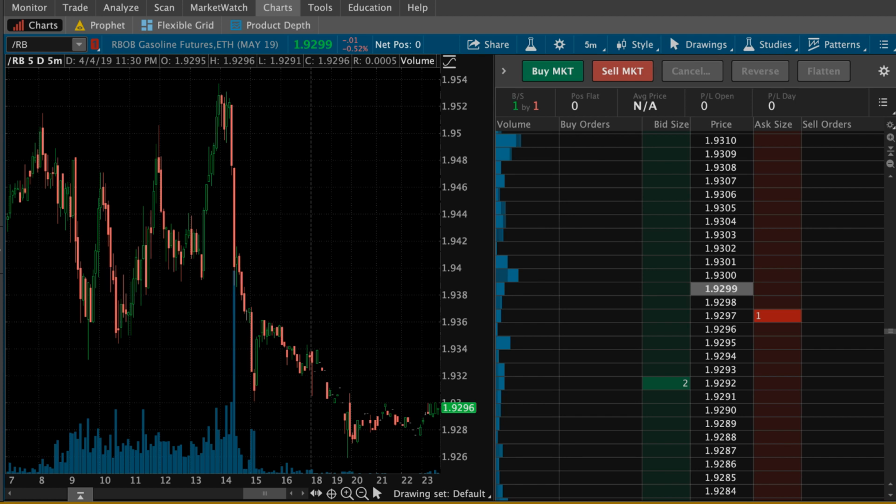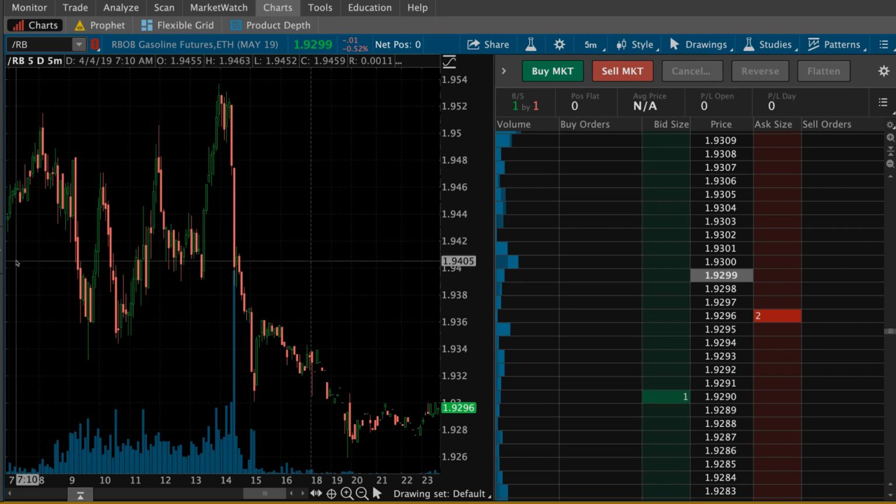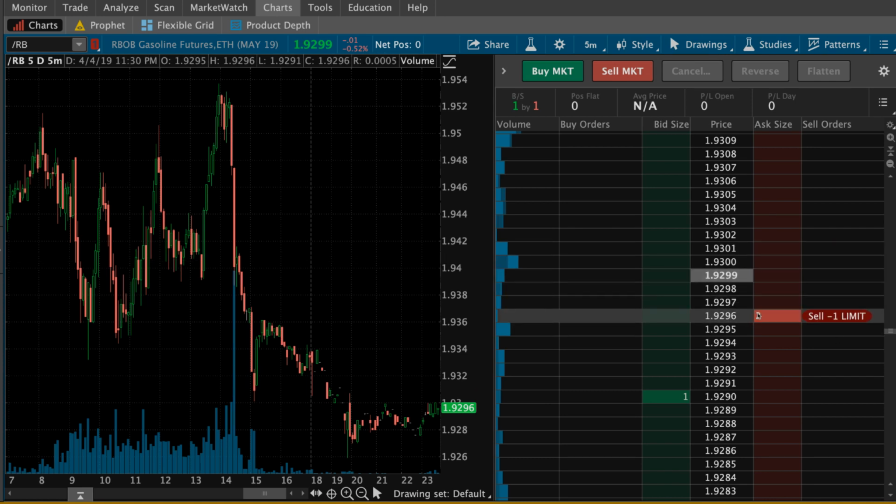Now, the spread has a lot to do with whether or not your price actually gets executed or not, because the spread is where the action is happening. People buy at the ask price and they sell at the bid price. That's where the execution actually happens. The gray one is where the last order was. So as you can see here, the last order was at 1.9299,